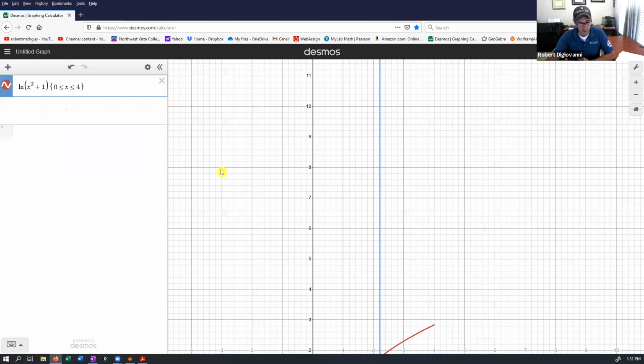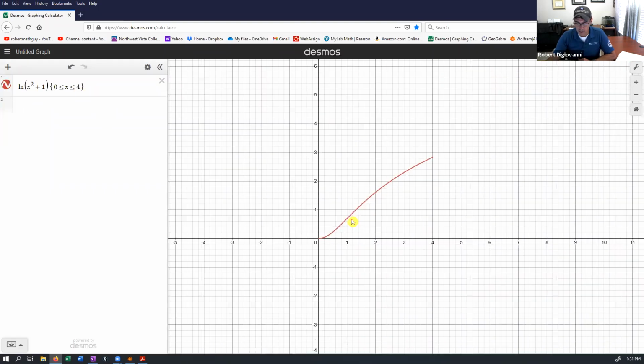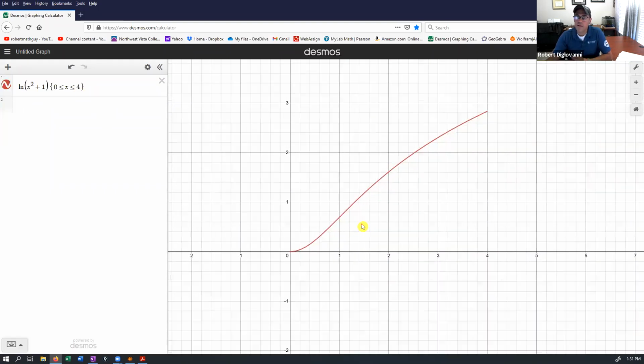Let me get rid of this one. Okay, so here's the graph. If I were to take this and connect a straight line here like this, right? That's f of b minus f of a over b minus a. That's the right side of the mean value theorem. We're trying to find the value of c somewhere in here, that if I went to that point on the graph, the slope of the tangent line would be the same. So that's what we're trying to do visually.